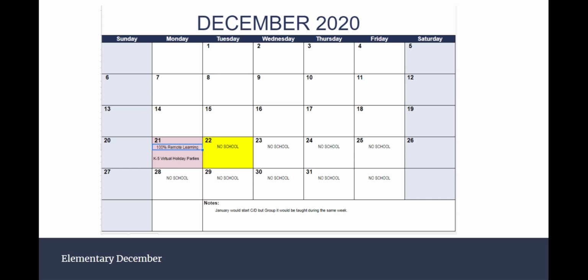We understand that some people that are listening to this may already have Thanksgiving plans, and the attendance might be affected by that. We know that in this time, we have to make these changes to try to keep things as normal as possible for our students. So if you are not available on that Wednesday and you know your students are going to have a hard time logging in, just let your teachers know, and we will work with you on this. We want to make sure we're staying as consistent as possible through this and putting this calendar together and switching that last day of December 22nd to a no school day, and then adding in November 25th really makes that work for our students in South Glens Falls.